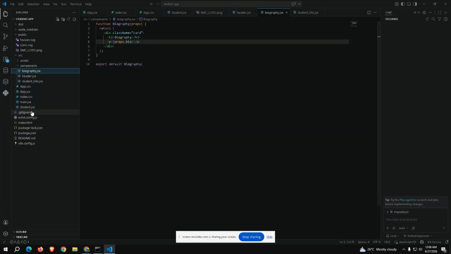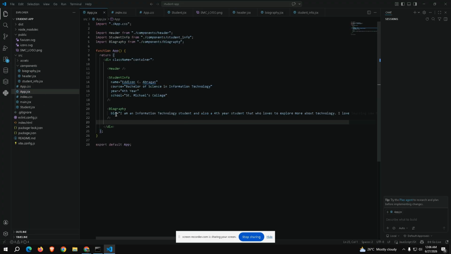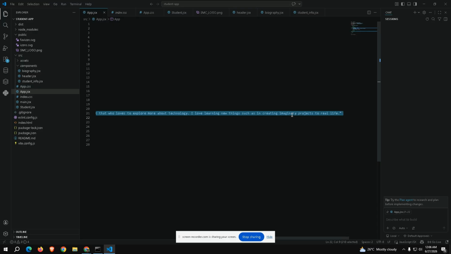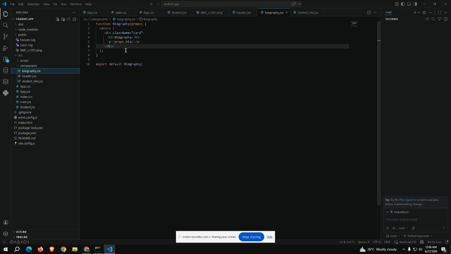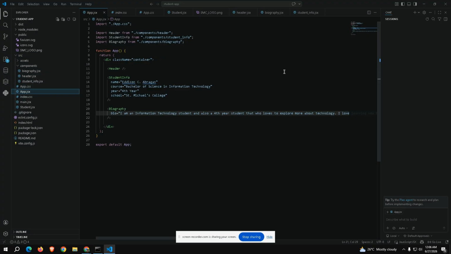Since this info is editable in the app but immutable here, since we have props, we can edit our biography in the app. P for the paragraph. So props.bio, the p, div, and export as always.